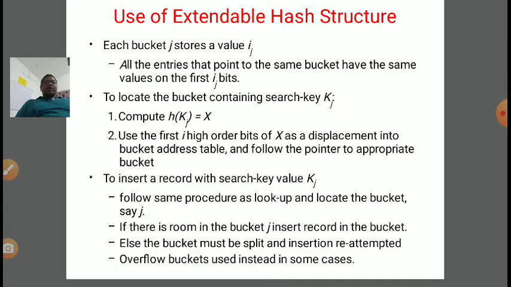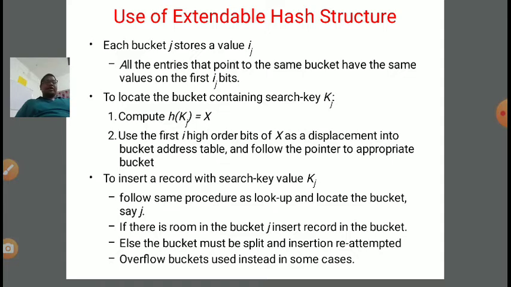Clear? Second, to locate the bucket containing search key Kj, first we need to compute h of Kj equal to X. Second, use the first i high order bits of X as a displacement into the bucket address table.